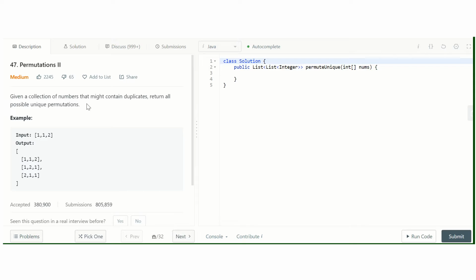So there is only one difference between Permutation I and Permutation II. In Permutation I we are swapping every element with every other element in the array. But here we have to make sure that we are not going to swap the current element with its other occurrences. So we have to take care of that. How are we going to take care of that?